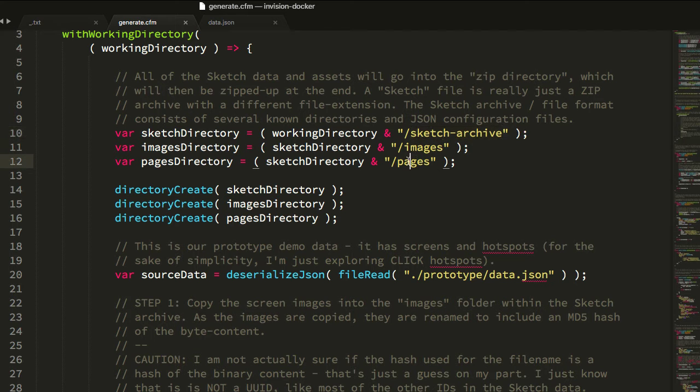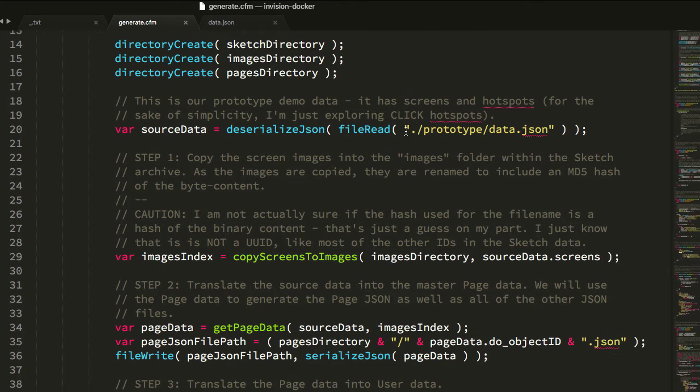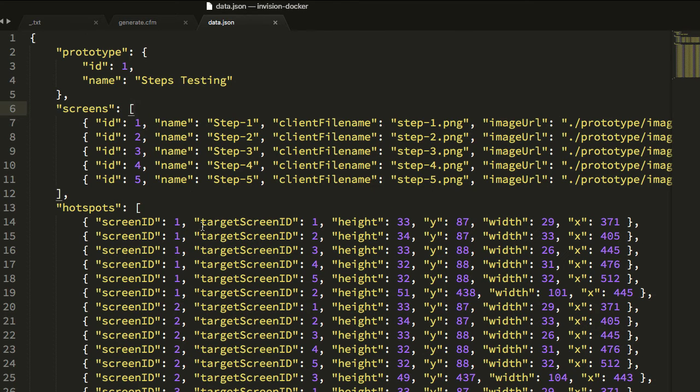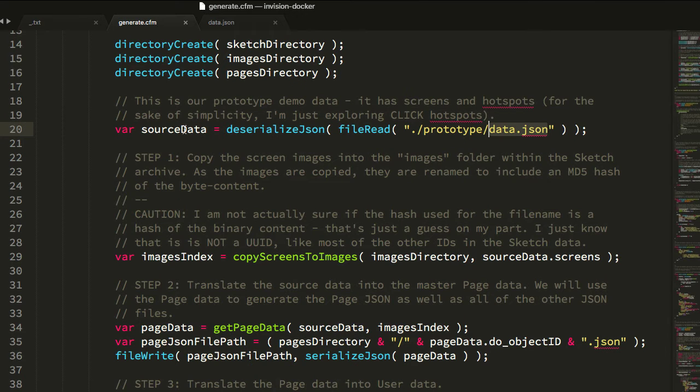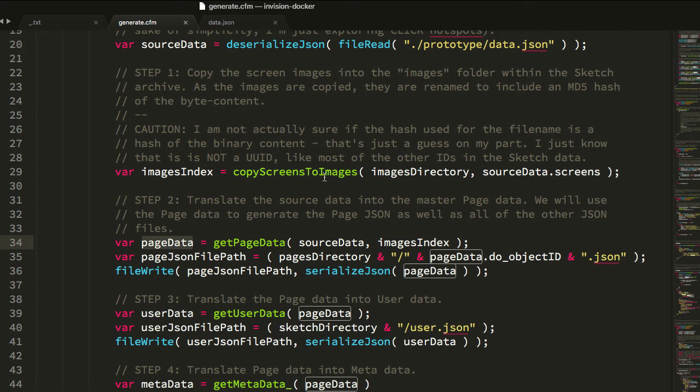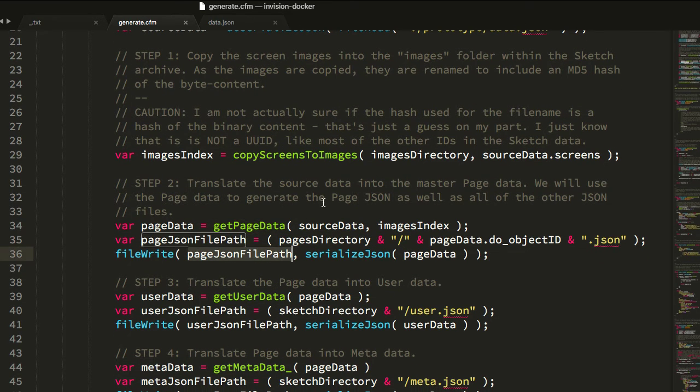We have our images, we have our pages directory, and then essentially we're going to read in that JSON payload and translate it into page data. The sketch files are organized by pages. The pages then have artboards as layers, and the artboards have images and rectangles and so on and so forth as layers. So we take this source data, we translate it into page data, then we write that page data